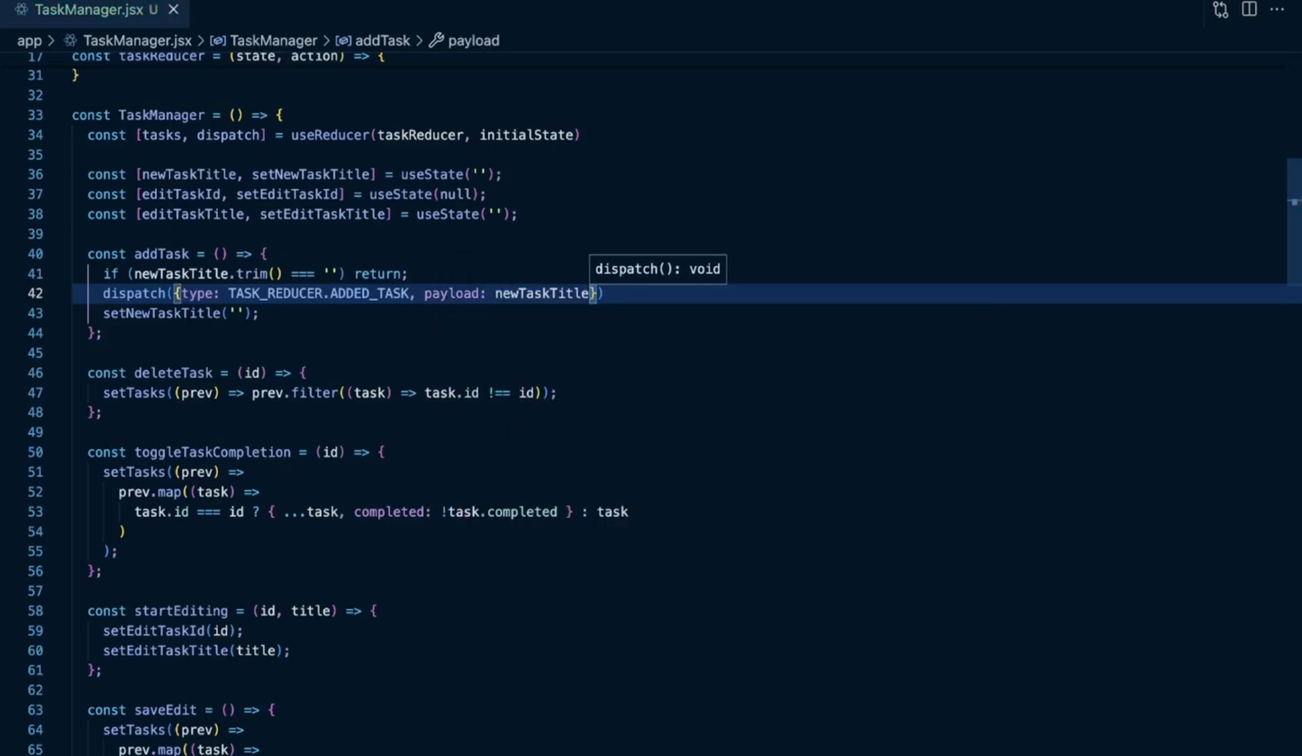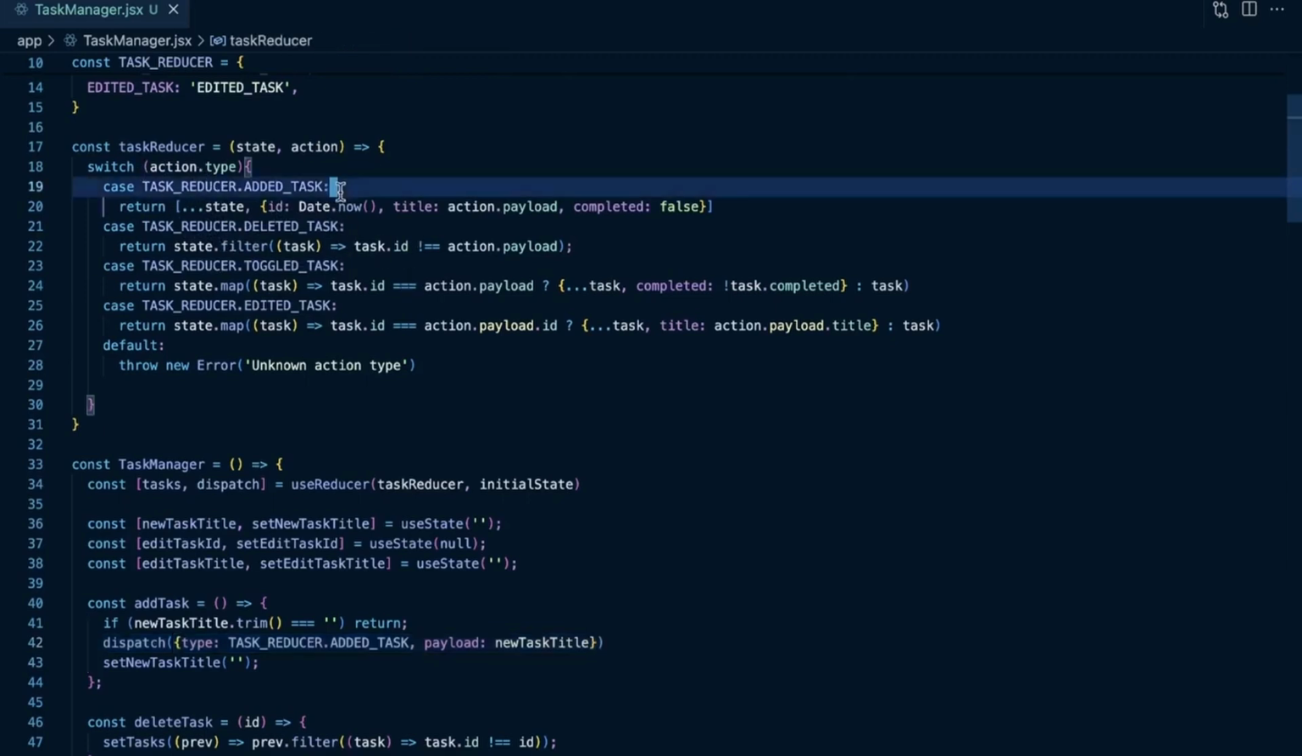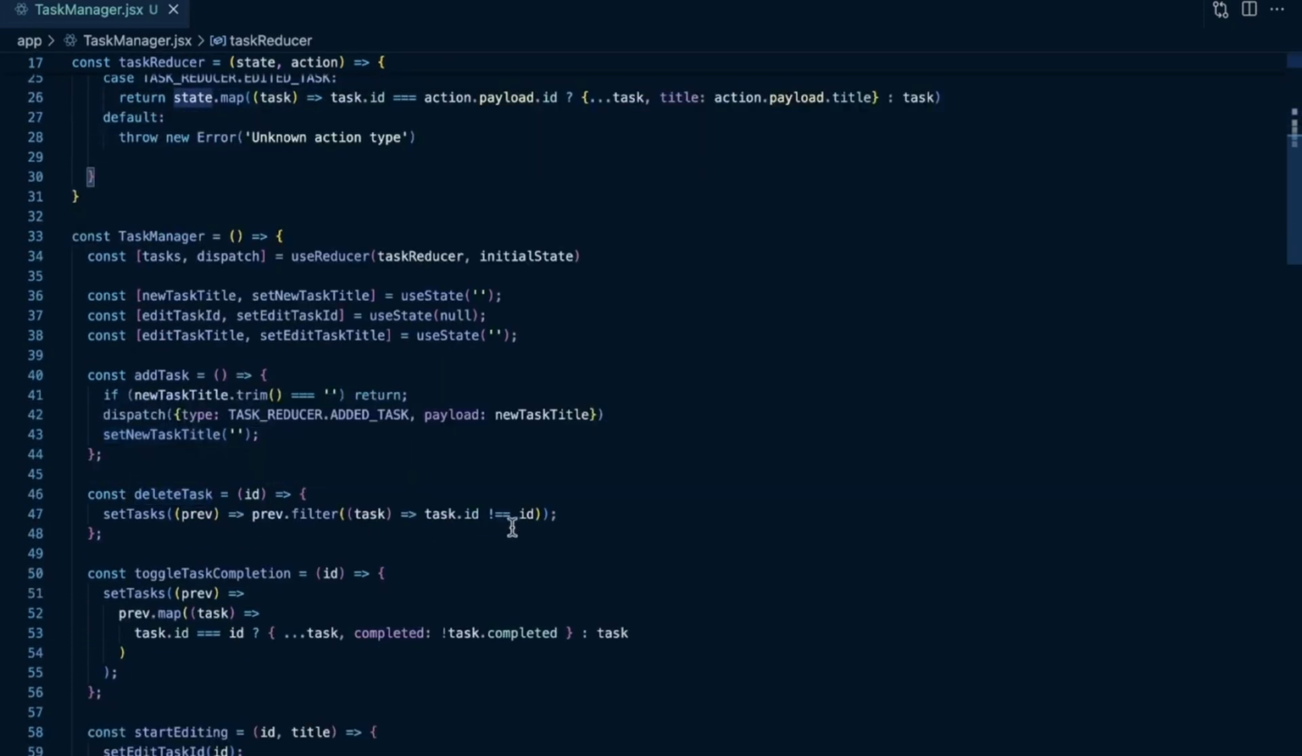So that, to some degree, simplifies our add task function, and a lot of the logic for managing our state is now just in this one single reducer. Since I used a switch statement, you can easily see the different cases here. If you're debugging, okay, deleted task isn't working, it's very easy to come and find deleted task here. So that should be add task. For delete task, instead of this logic directly here,